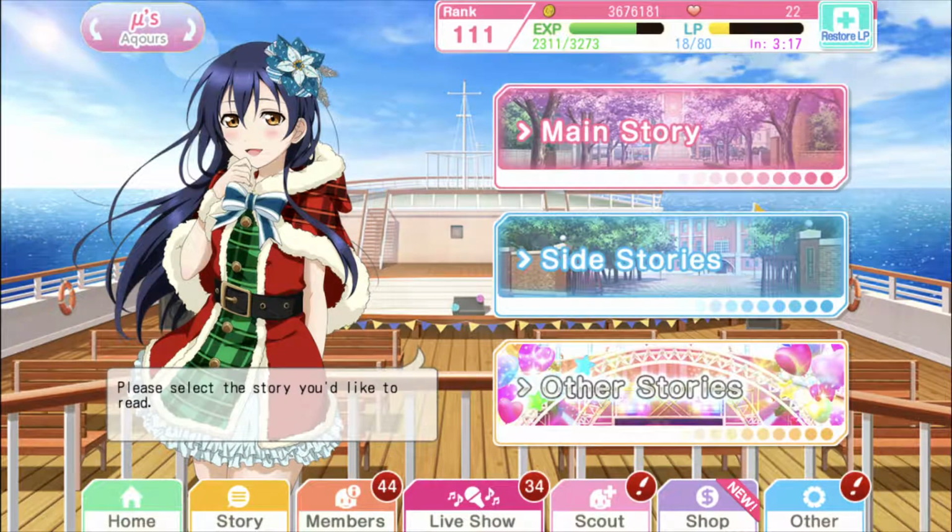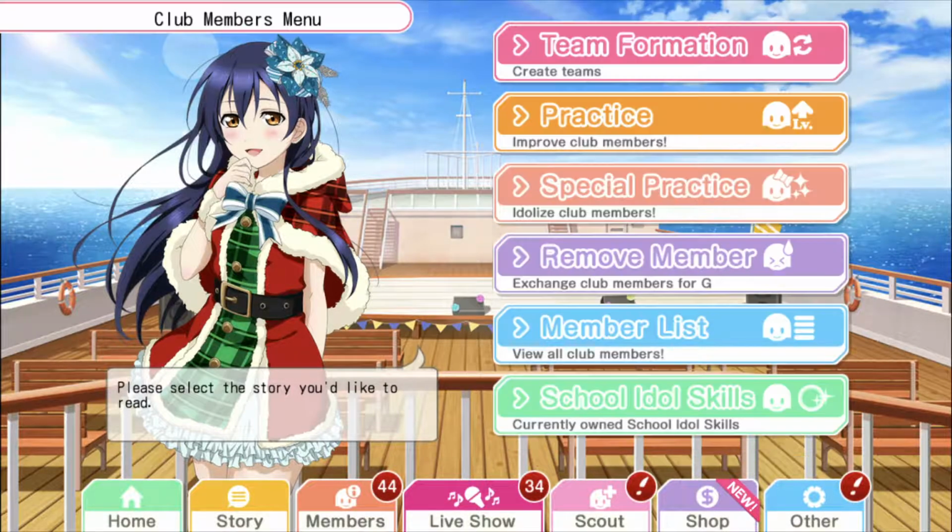Then you've got your story button. You hit that, you go through the story. Through that, you can unlock songs and get love gems, which are the single most important resource in this entire game. For the love of God, do not waste your love gems. We'll get to that though. Then you've got your members tab. If you hit that, you can set your teams, practice with members, idolize members, and do other sorts of cool things with members that we will get to in a later video, because those aren't the basics. Those are the basics after the basics. Once you've learned the basics, you'll know the basics.